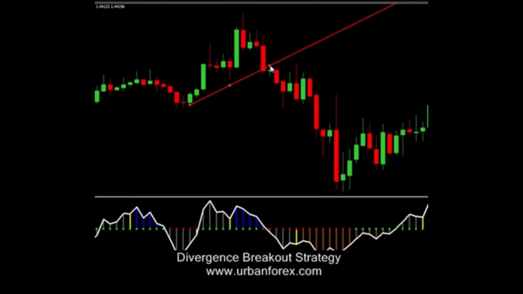Okay, and if the trend line is very steep, something like this, then I would keep my stop on the highest possible swing high, the swing high closest to the trend line. Okay, so that pretty much concludes how you can trade this divergence breakout strategy. Again, it's mostly price action. You're just using the CCI just to see divergence. We're not following